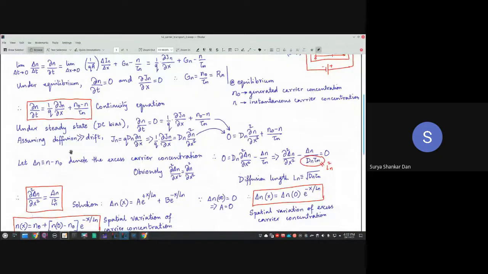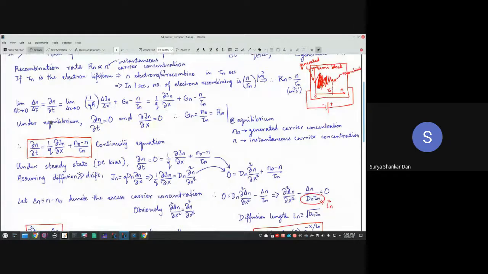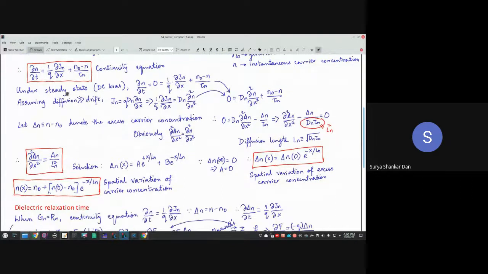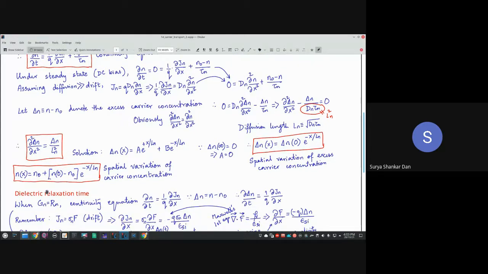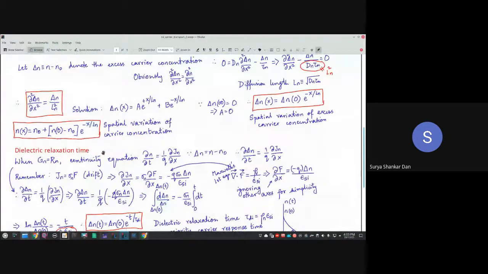Now, what we had done then was simply a semiconductor block like this. We did not consider it as a particular region of the device as such. This is the original continuity equation, and thereafter, for the steady state, we figured out that the final spatial variation, that means the variation of the carrier concentration with space, was given by this relation. Thereafter, we went into the dielectric relaxation time and all that. That's not our concern for today's lecture.